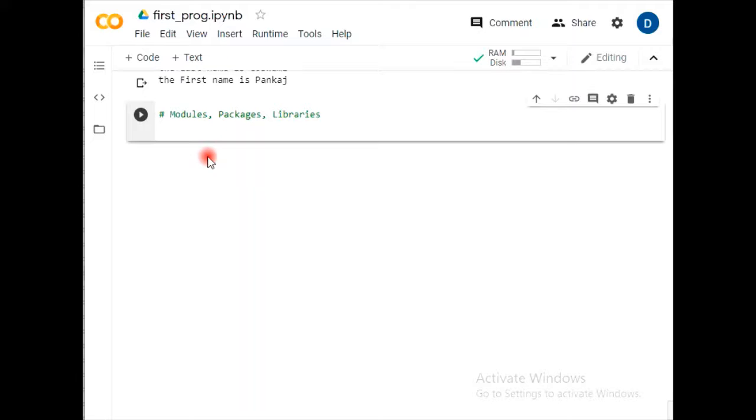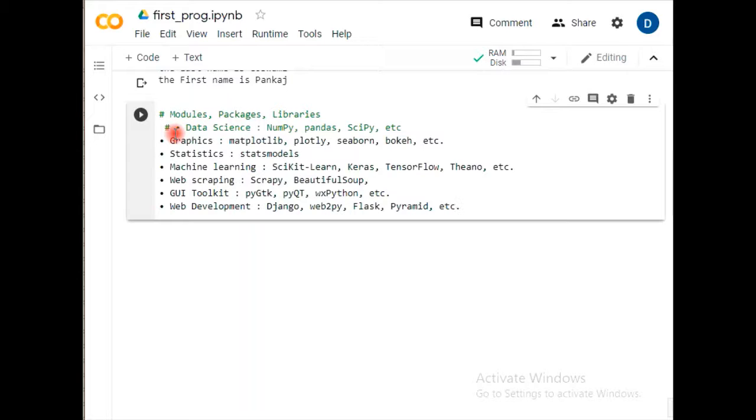So let's begin with a few standard libraries available in Python. What are these? To save our time, I'm just pasting them all here for convenience, using a hash so it won't give an error.